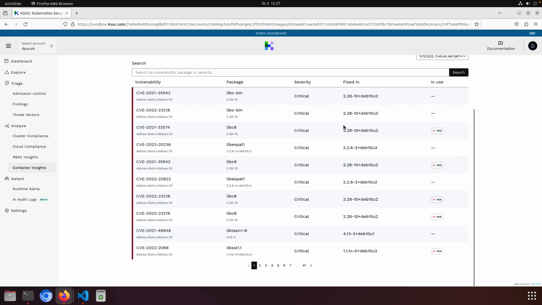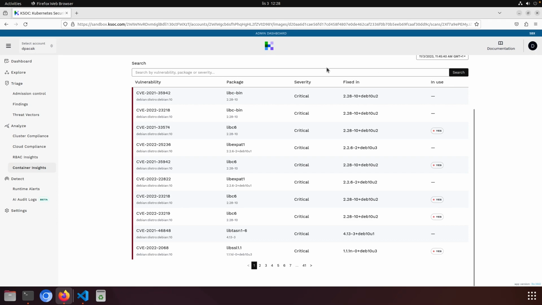Notice, however, there are a lot of vulnerabilities to manage. Some of them are fixed, some of them will never be fixed by Nginx maintainers, and some of them are more or less important. By less important, I mean some of them stay dormant in the container image. They are never run, they are never loaded by binary executables, and that's why we added the new column, which is called in use. This gives another dimension or another parameter to prioritize